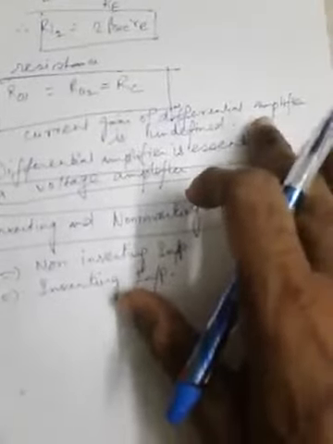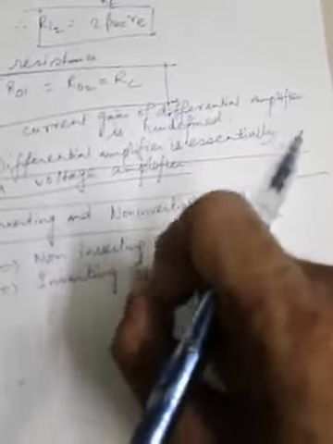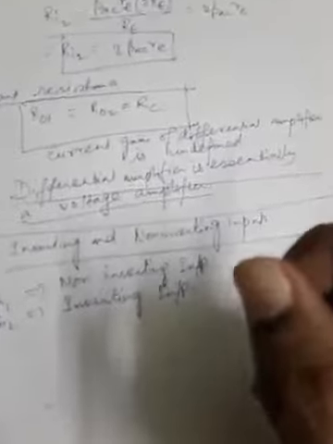So the base terminal B1 of the BJT Q1, to which V in 1 is applied, will be referred to as the non-inverting input terminal, and the base terminal B2 of Q2 will be called the inverting input terminal. Now if we consider